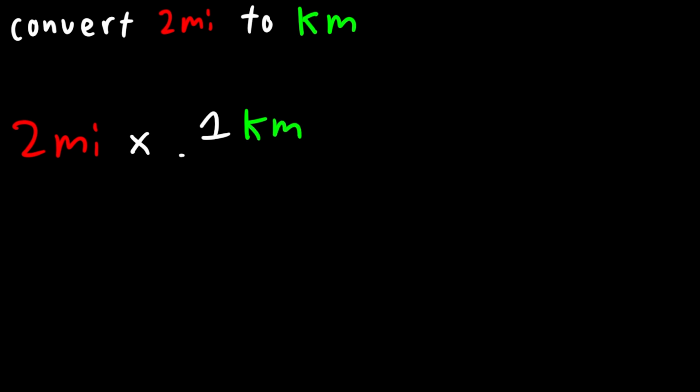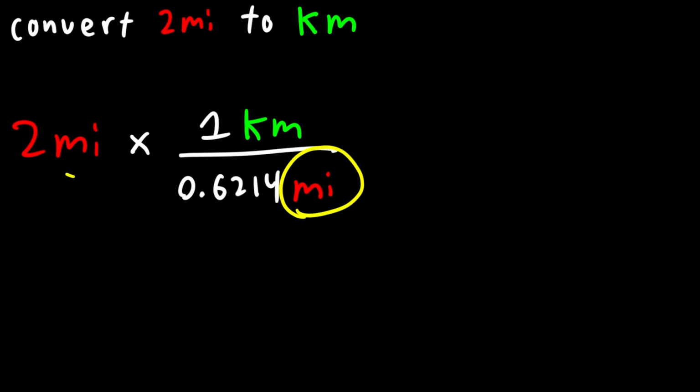1 kilometer is about 0.6214 miles. Notice how we have miles in the denominator and miles in the numerator. So therefore, we can cancel these units out. So we're left with 2 divided by